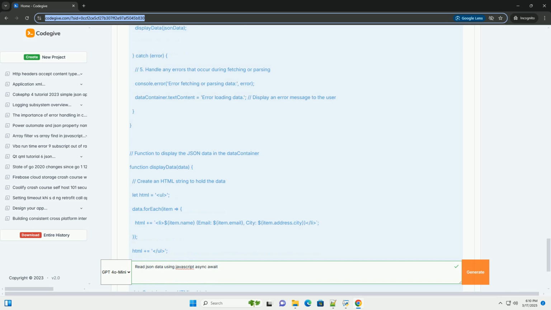Alternative approach: fetching from a real API, example using a public API. If you don't want to use a local JSON file, you can fetch data from a real API. Here's an example using the JSONPlaceholder API, which provides a fake online REST API for testing and prototyping. Key differences in this example: